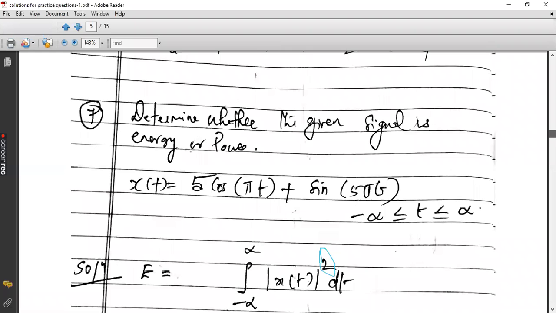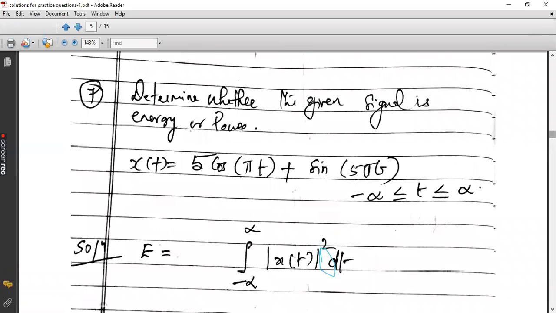Now, this is the 7th question where most of you found it difficult and you stopped in between the integration. The main problem is that the limit of the time was from -infinity to infinity, but unfortunately you were not able to do the integration. Why do you want to spend more time in integration? If the limit is -infinity to infinity, just put the answer as infinity and finish. Don't go for the trigonometric formulas and make complications in between.